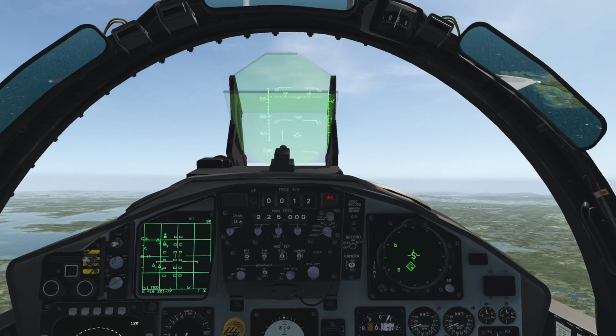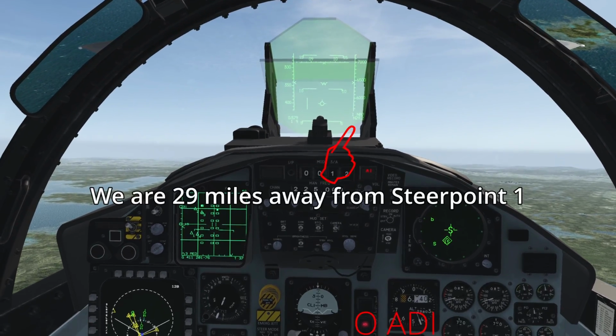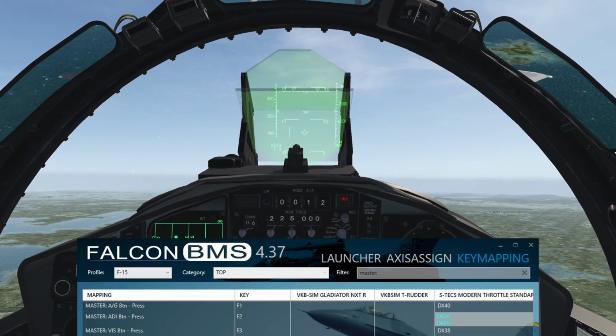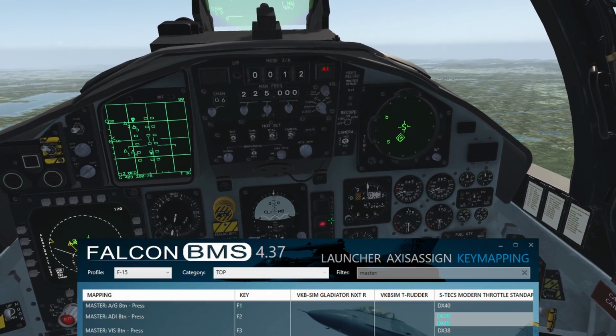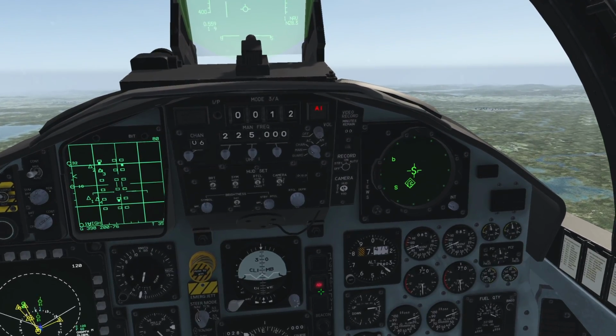Now, how far away are we? This is where the ADI button comes in. If your ADI button is on, then you will get the distance information at the bottom right of your HUD. As this plane is still a work in progress as of November 2023, my general recommendation is to fly with ADI off